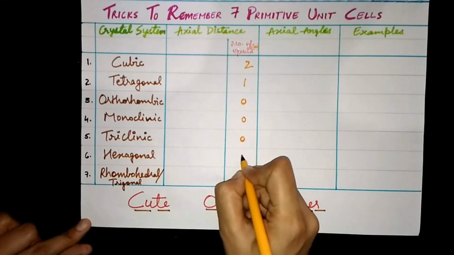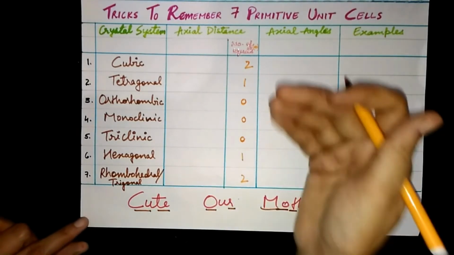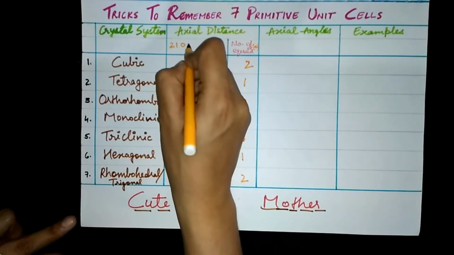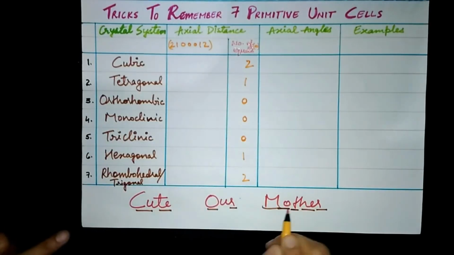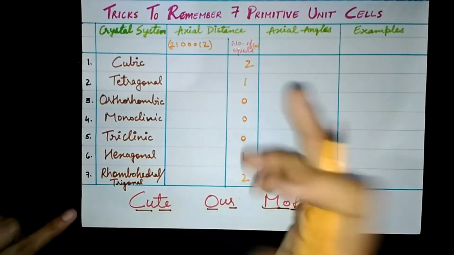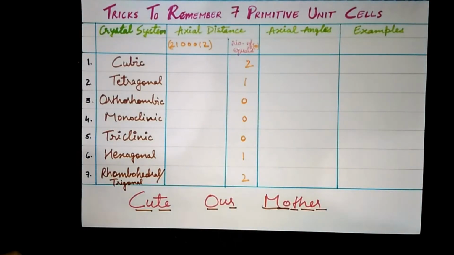Okay, and here also 1 and 2. Okay, this is very simple. Or you can also remember like 2 1 0 0 0 1 2. Okay, this will be the trick to remember number of equals. If you remember the number of equals, what you can write here is that